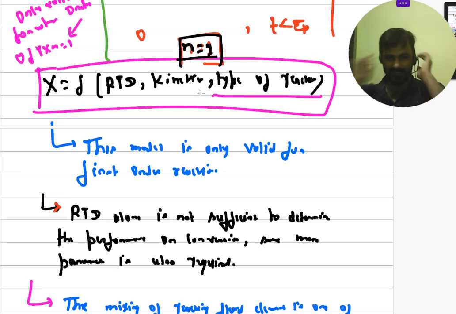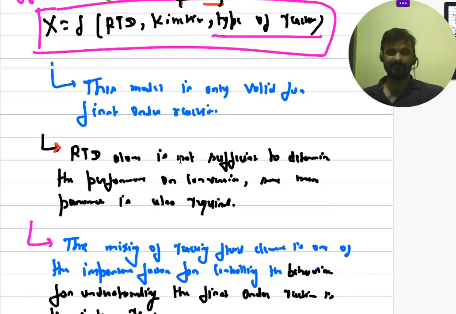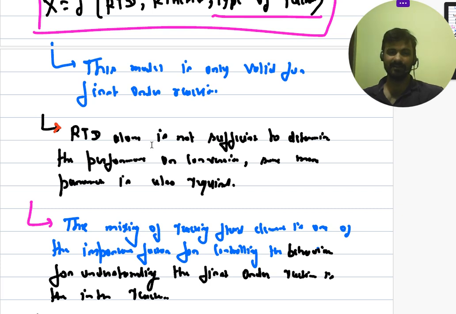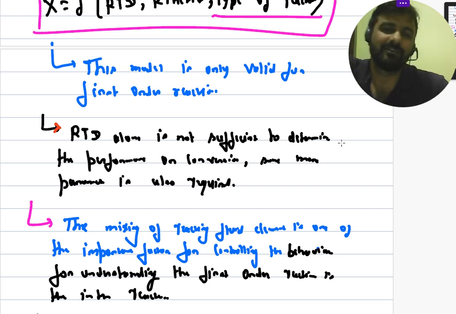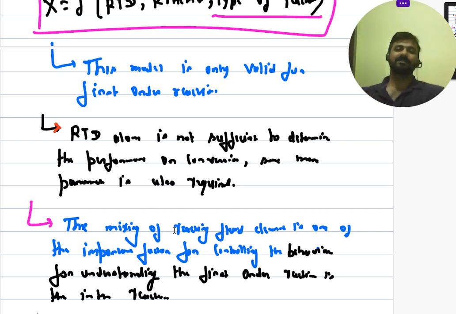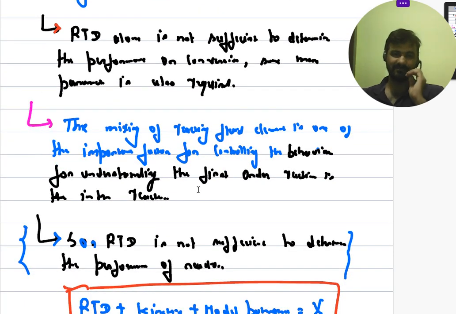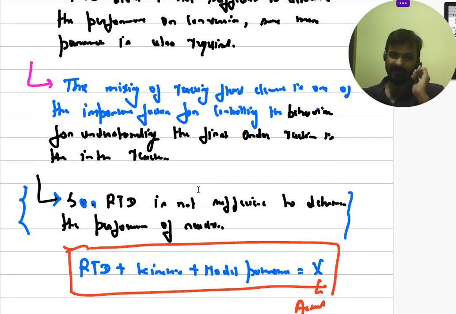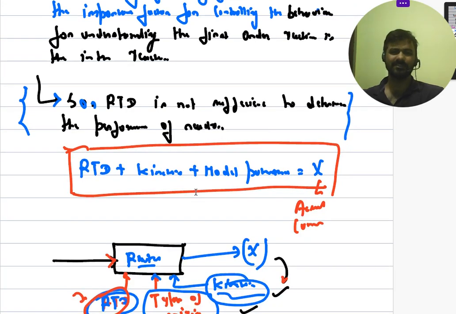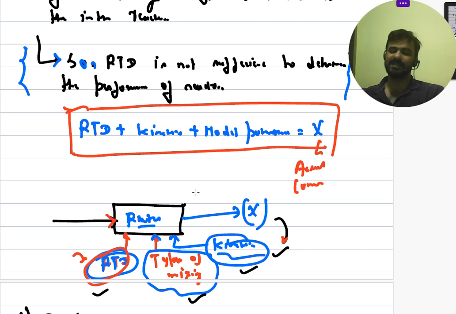Okay, so types of the reactor. So this model is only valid for the first order reaction. So RTD alone is not sufficient to determine the performance of the conversion; another parameter is also required, right? The mixing of the reacting fluid element is one of the most important controlling factors that affects the conversion of reactant inside the reactor. So RTD is not sufficient to determine the performance of the reactor. RTD plus kinetics and mixing, all of these three things become very important, and all of these three things come together, and only then can you calculate the conversion or what's happening inside the reactor ideally